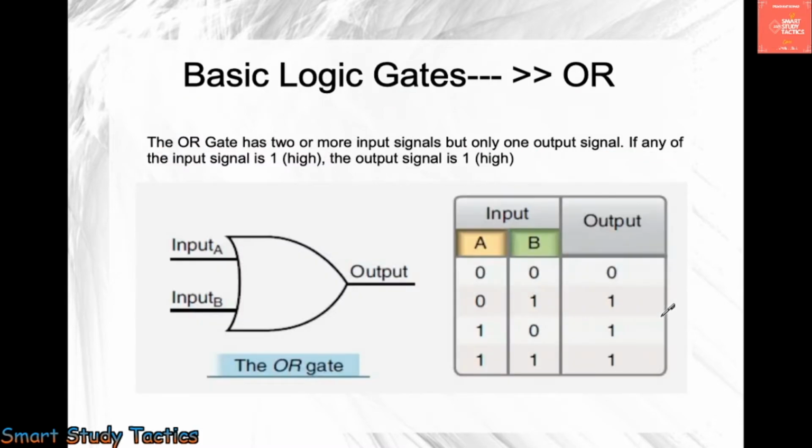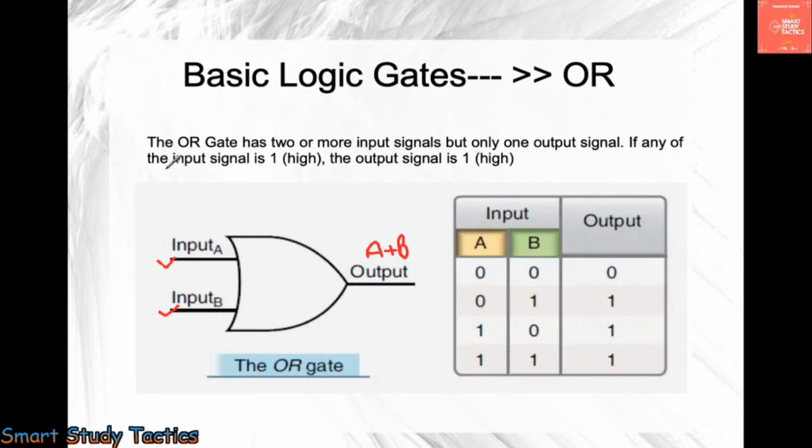Now the next gate we have is the OR gate. An OR gate has two or more input signals but only one output signal. Two inputs, A and B, are going in, so the output is A plus B. As I told you, the OR operator works as addition. So you get A plus B here. This is the OR gate, a little bit of a stylish gate. Why I'm putting this stylish pom pom is so that you can remember things easily, because these are very important things which will come in your exam.